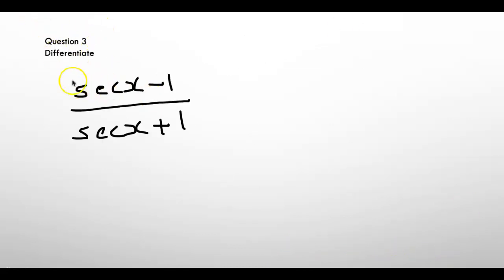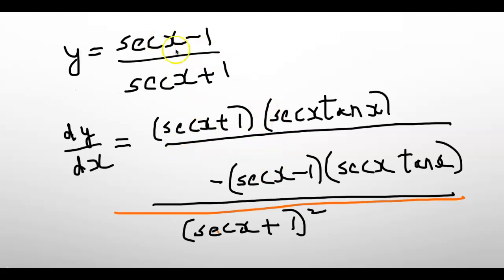Question 4, this is actually question 4. Differentiate (sec x minus 1) by (sec x plus 1). Now we use the quotient rule. So what is the quotient rule? You have (u by v) dash. If you have two functions, the derivative will be, denominator is v squared. So I have v squared here. Then I have v u dash